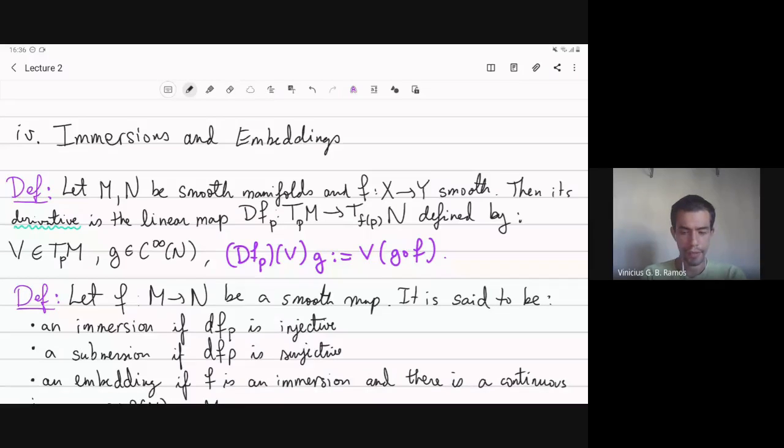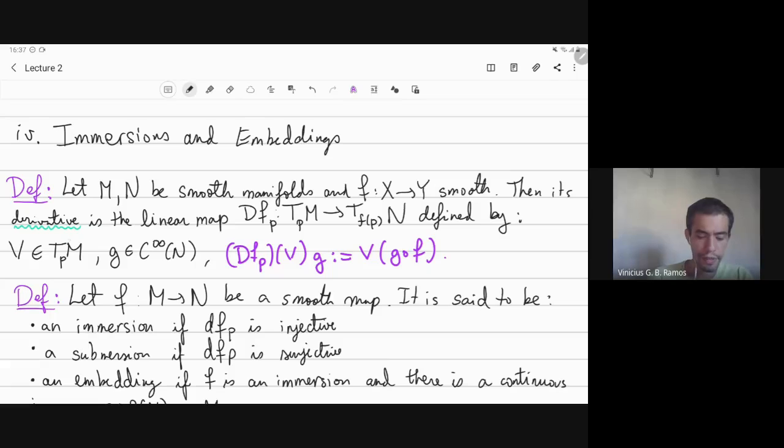Today we're going to continue our review on manifolds. So we'll recall the important notions of immersions, embeddings, and submanifolds. So let's start defining the derivative. So if we have M and N smooth manifolds and a map from M to N which is smooth, then